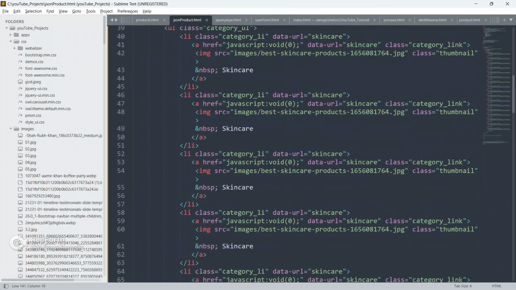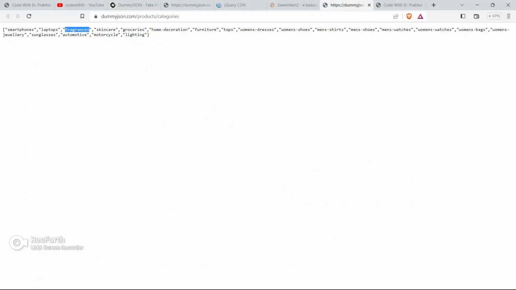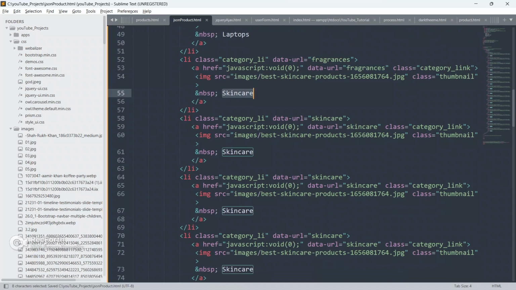Okay. So now I'm going to copy this category from here and replace this category name here. So we have to replace this, guys. Give it a capital L. So fragrances. Always remember, let me tell you one more time, data URL will be the name of the category. So here data URL is fragrances, okay.